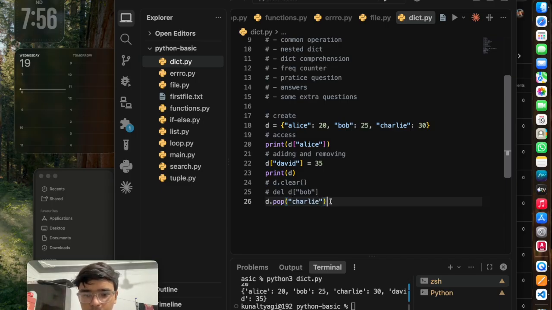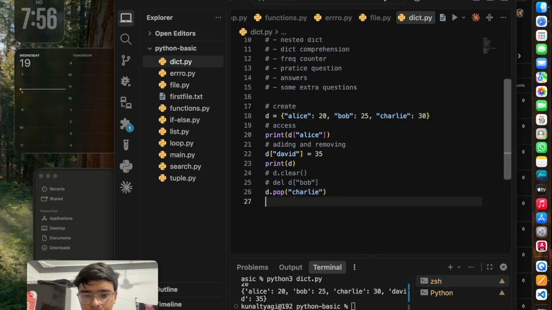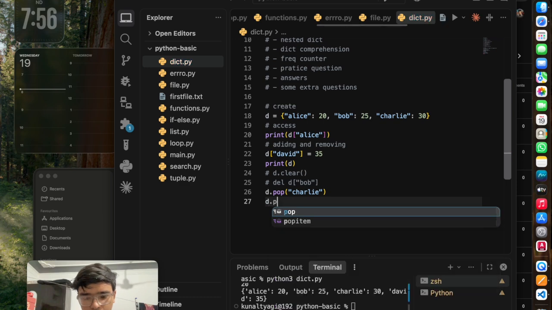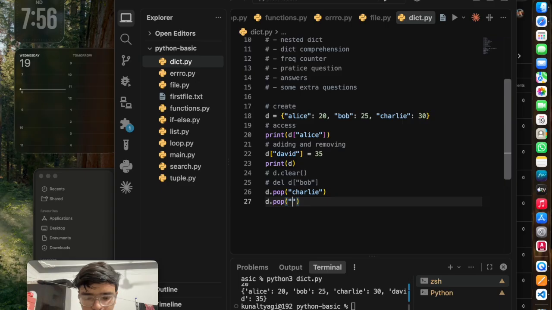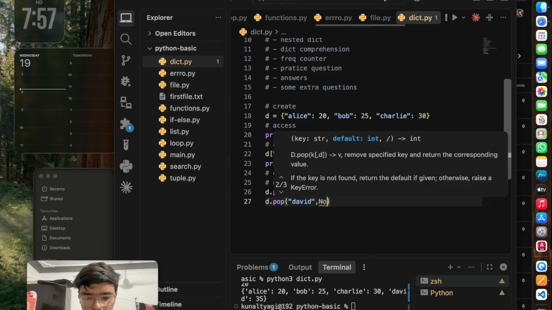What will it do? It will remove the value of Charlie and give you its value in return. Then we also have things like d dot pop. For example, let's just take David, then none.